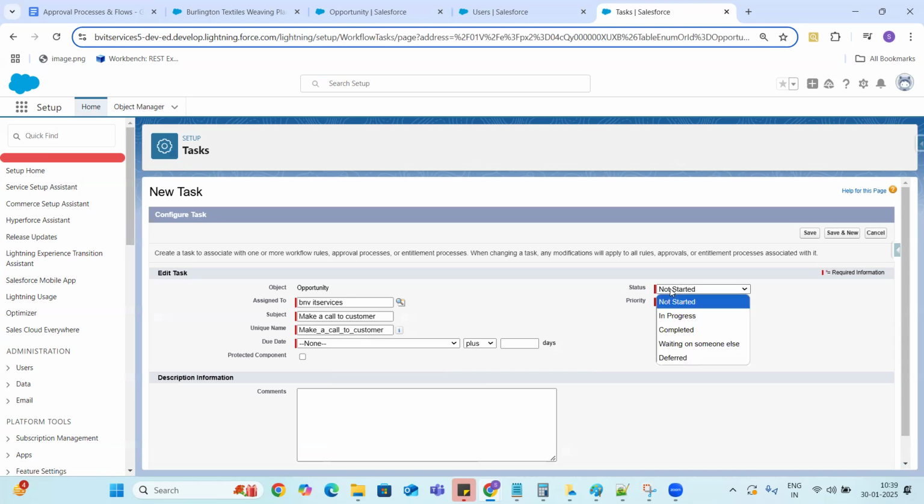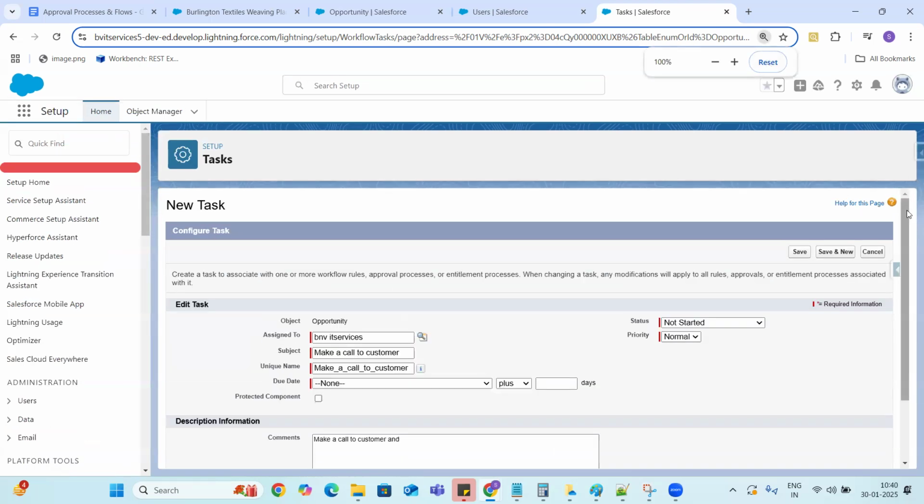You can give the status, whether it is started or not started. So we are creating a task and assigning it to a particular person: make a call to the customer and inform him it is in approval process, we are waiting for approval.